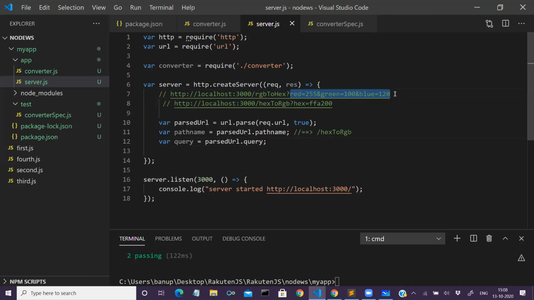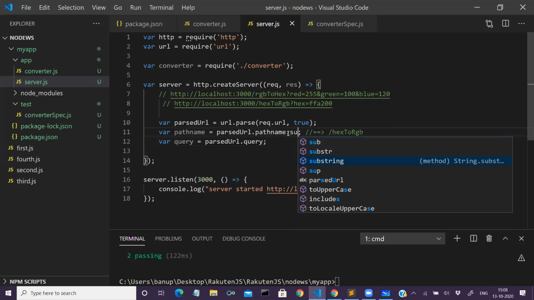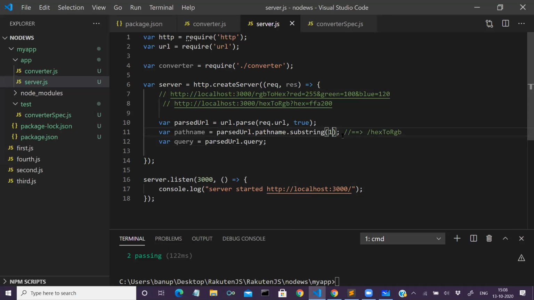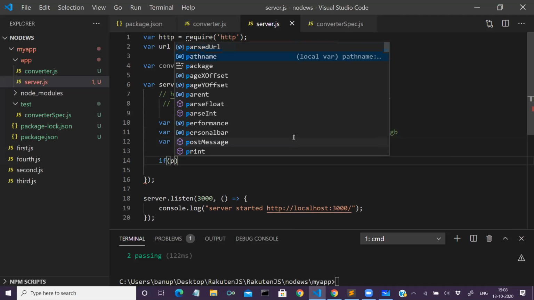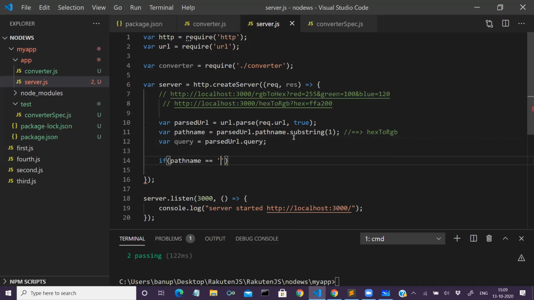Okay. Once you have this, next part. I'll take here substring. I'll remove this slash. I just want to remove that slash, so it will be easy for me to code. If path name equal to x2 RGB,